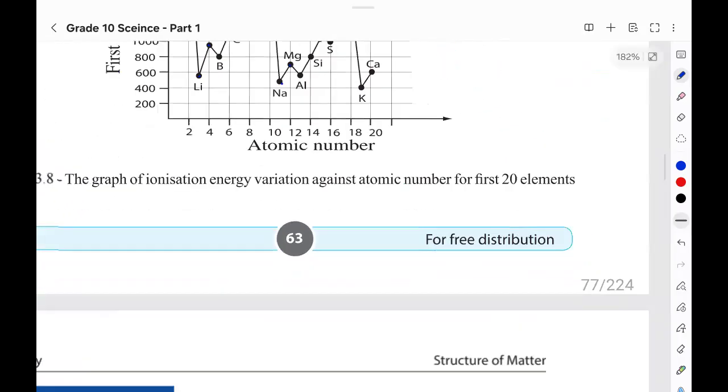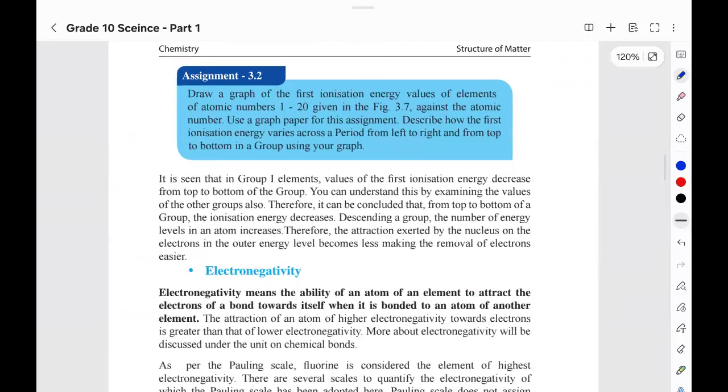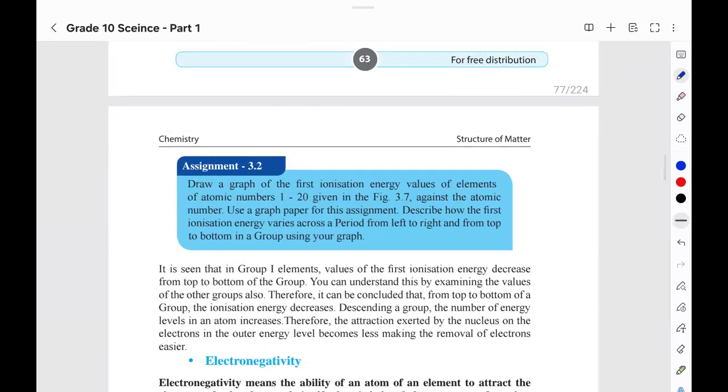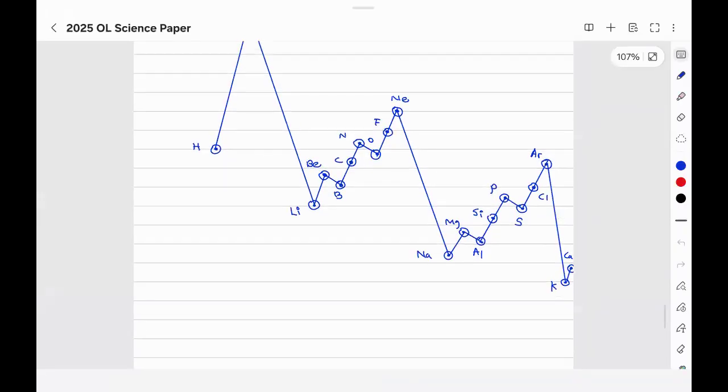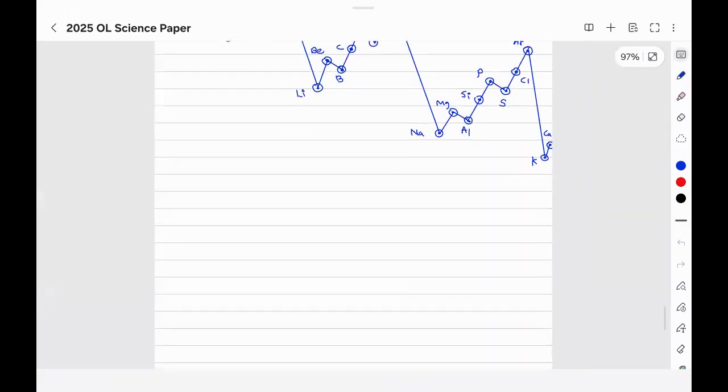Then these are the things that you have to remember under ionization energy. They have given this in your textbook also, so please refer to the textbook for the variation. And remember, down the group, now when you consider group-wise,